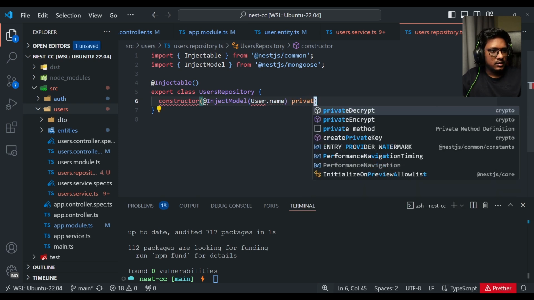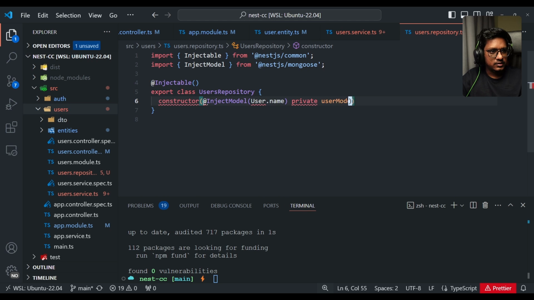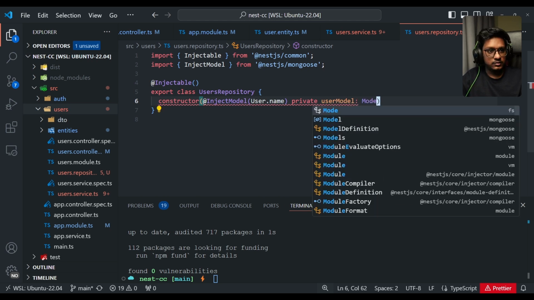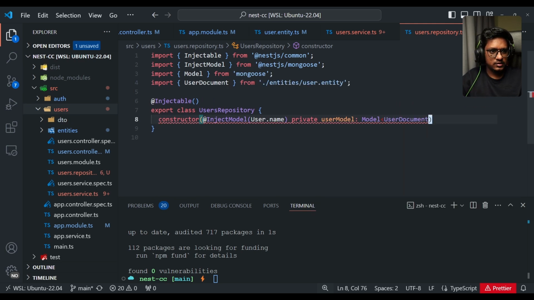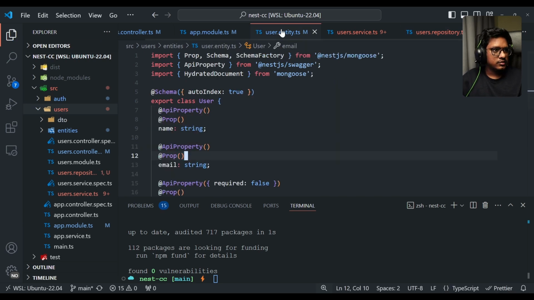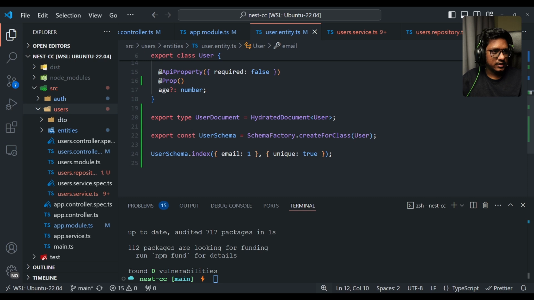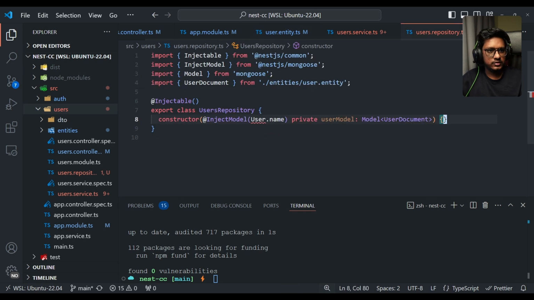Okay, let's make this private and call it userModel, and the type over here would be Model of generic type UserDocument. If you can remember, over here we just defined the type, right? The hydrated document type that we'll be using as the type of this user model. That's it. And I guess this hasn't resolved properly, so let me just import this, and